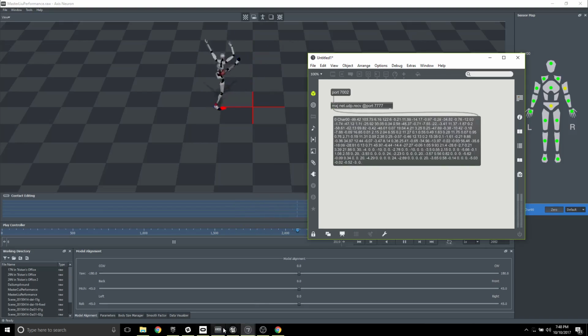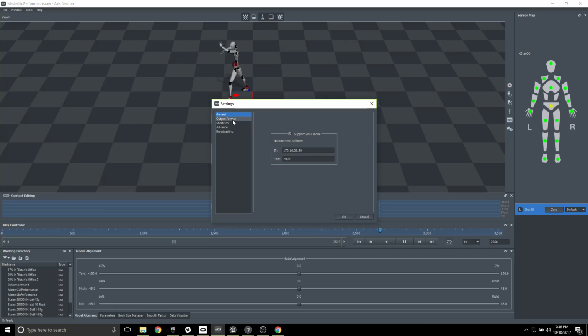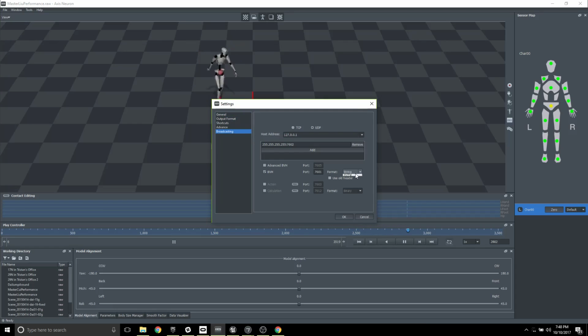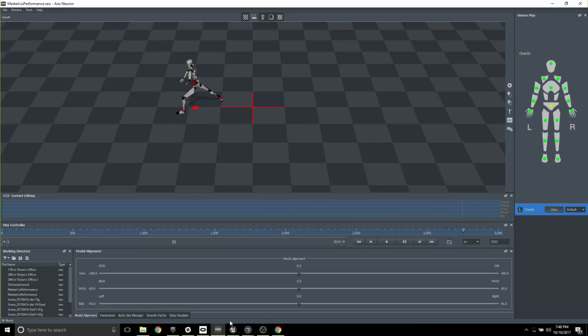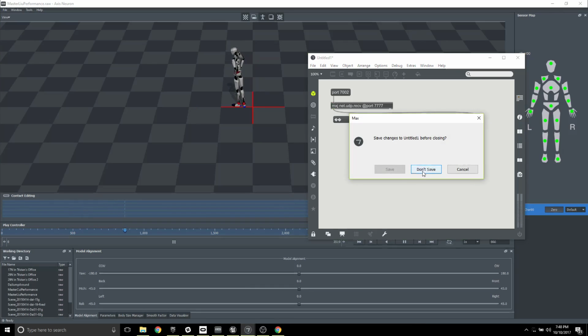If I then switch this over to sending out the binary, yeah, it says it does not compute. So there's two different modes there. But when we go to the plugin, I'm going to close Max now